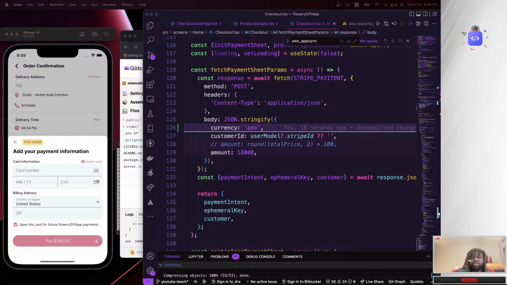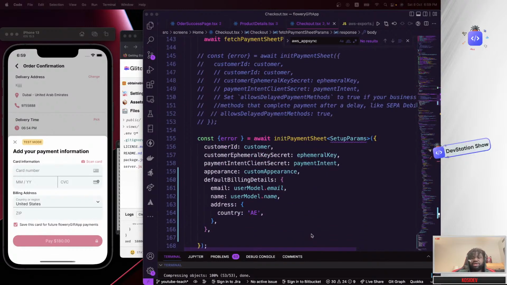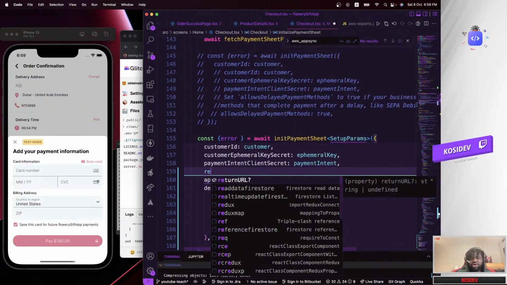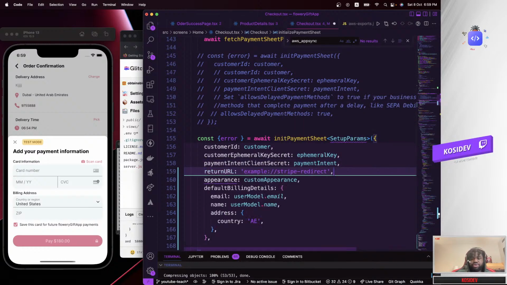I just want to add that and explain some stuff to you guys. Yeah, I think that's it. Another thing, so let's save this and show you guys something called return URL. Return URL is used when you want the user to authenticate their details.